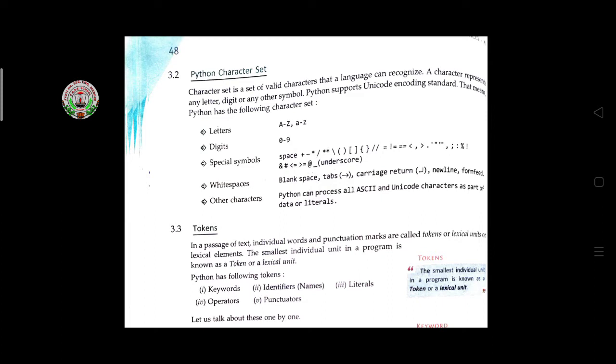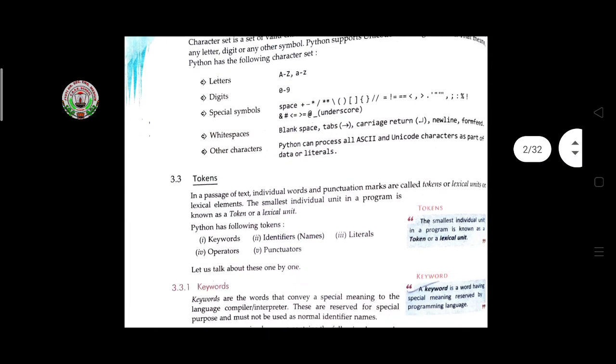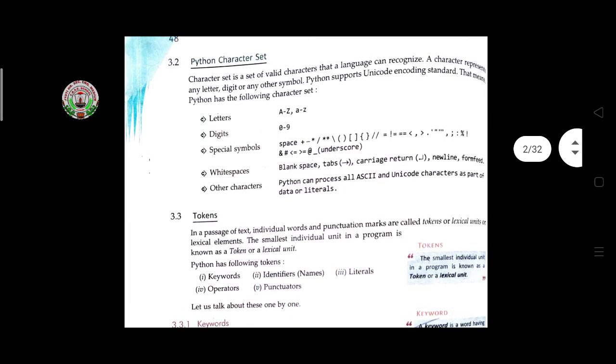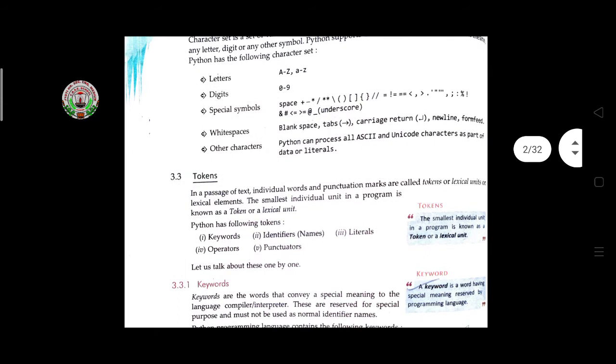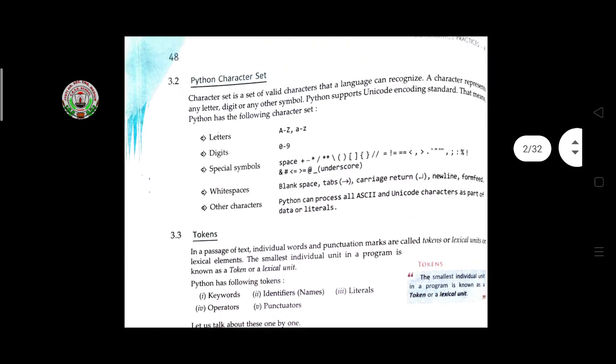The interpreter has to recognize the characters we are using, and after that it has to do its work. So some character sets are letters, digits, symbols, special symbols, white spaces, and other characters. These are the character sets.